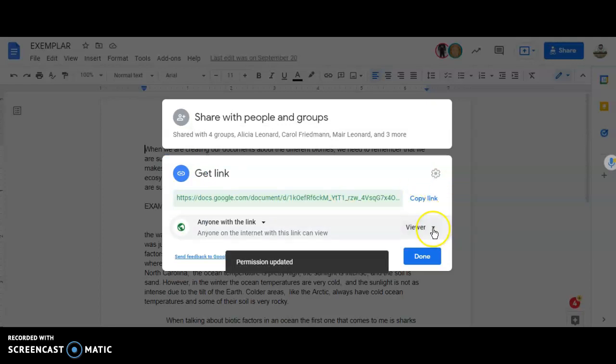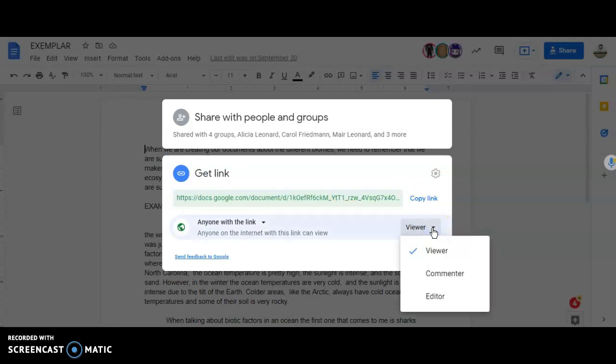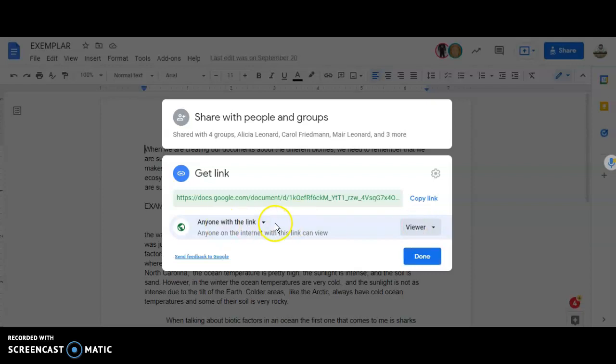Okay? Make sure this says viewer. If it says commenter or editor, guess what they can do to your Google Doc? Comment or edit on it. Do we want anyone to comment or edit on the hard work that we put on those Google Docs? No. So make sure it's anyone with the link,